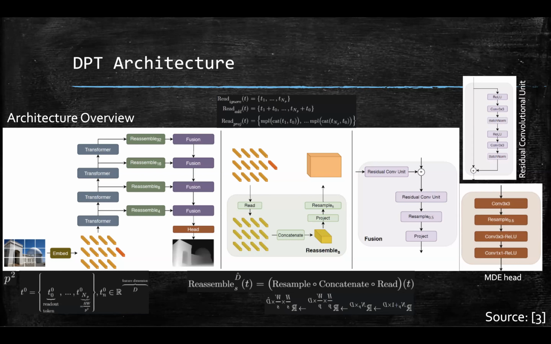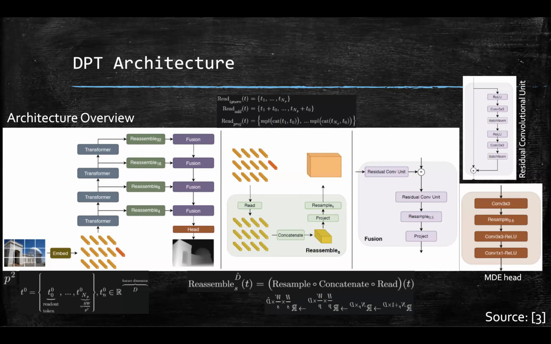Okay, and the third concatenates the readout token to the others. So here we just concatenate T0 to every other token, and then we apply an MLP, a multi-layer perceptron, here. I didn't find how exactly this MLP looked. Okay, then after handling the readout token,